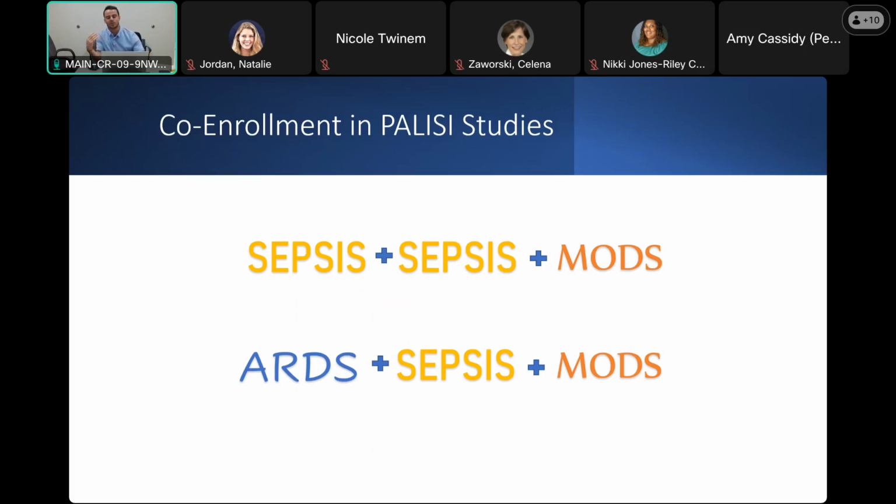Despite concerns about overburdening families, there is some research that has shown that in general, families are supportive of co-enrolling in studies. And it may give them one piece of meaning, some comfort out of this difficult time that they're spending in the hospital, overseeing their child in one of the worst conditions they may be in.